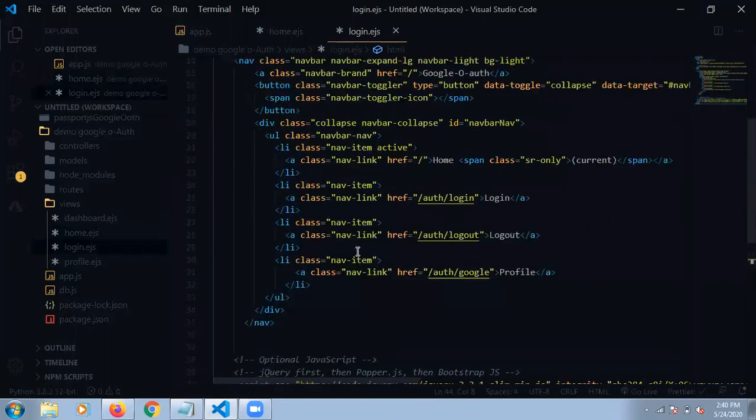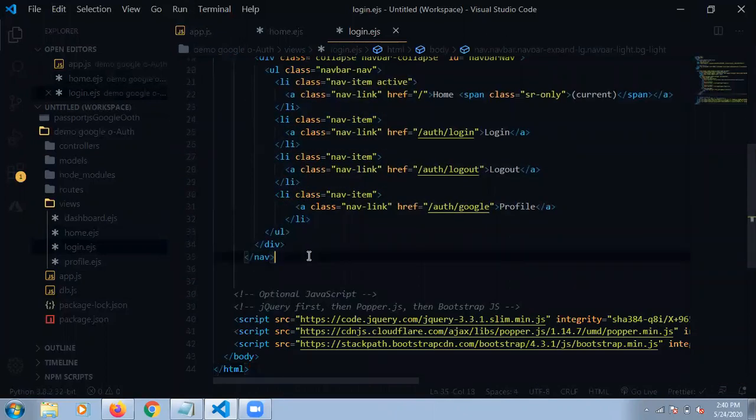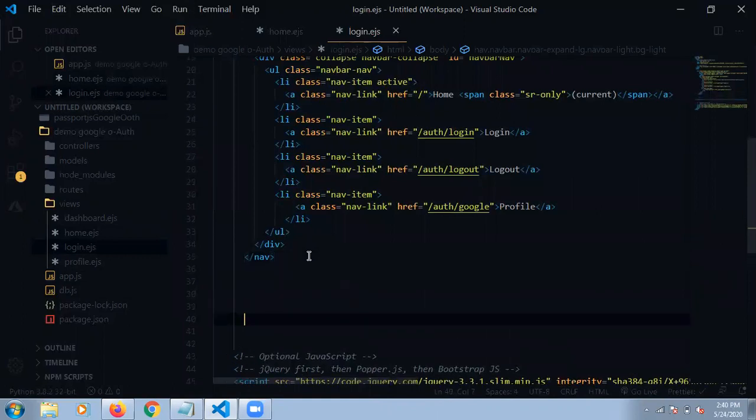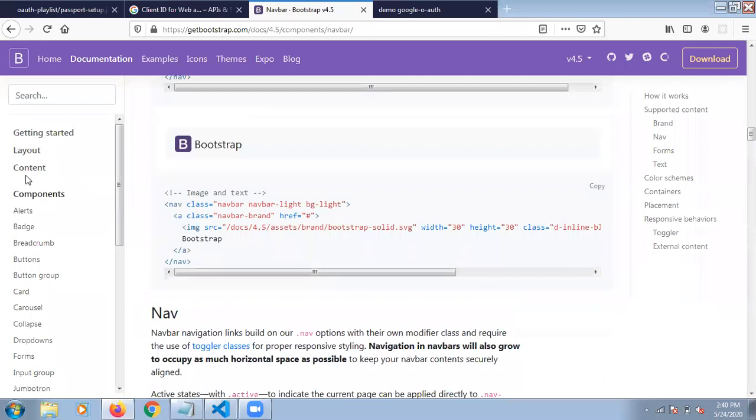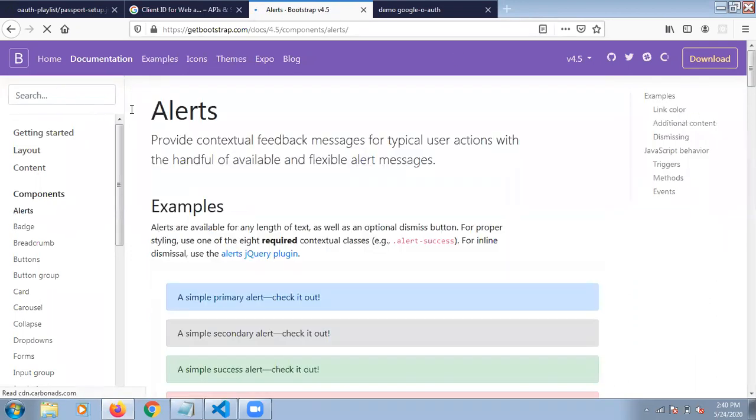The navbar items are everything the same, because everyone knows that on the home page, whatever navbar is there is not going to change. See, whenever you click anything up here, it is not changing anywhere. Only this part is changing.